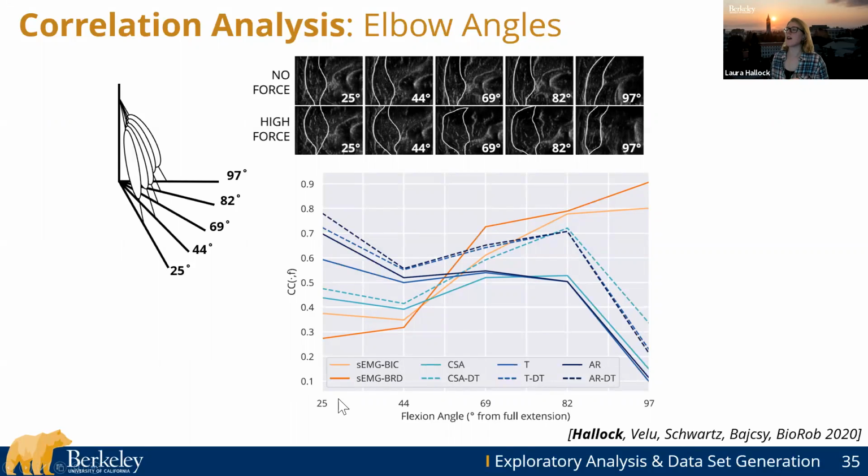But for any given angle, there is a consistent Pearson correlation with that output force. So if you look at this plot of flexion angle versus this correlation coefficient, you can see that for most angles up to about 82 degrees, these cross-sectional area values are well correlated with that output force. Now this drops off a little bit towards very high flexion values, so when your arm is close to as fully flexed as possible, and that could be for a number of reasons that we're still exploring. So some of it could be the muscle belly kind of moved completely out of the frame of your ultrasound, and so maybe you're just not seeing a piece of it that's representative, or maybe these signals just aren't as